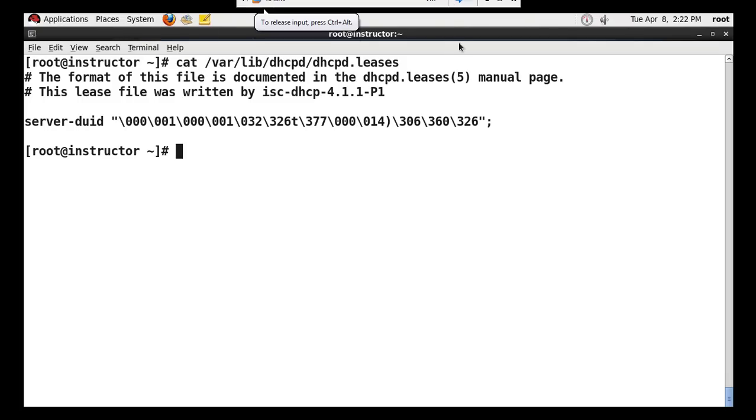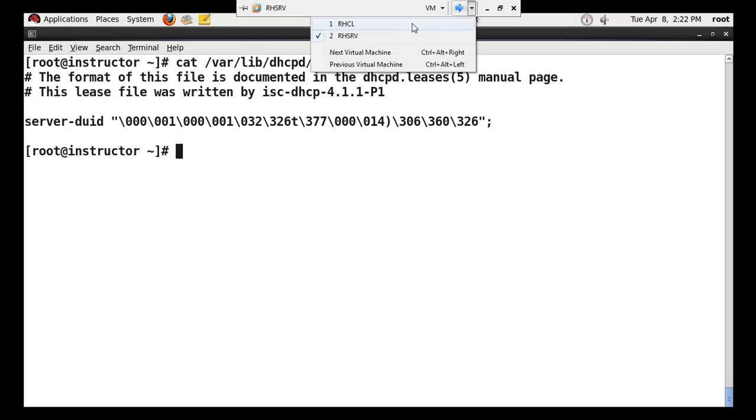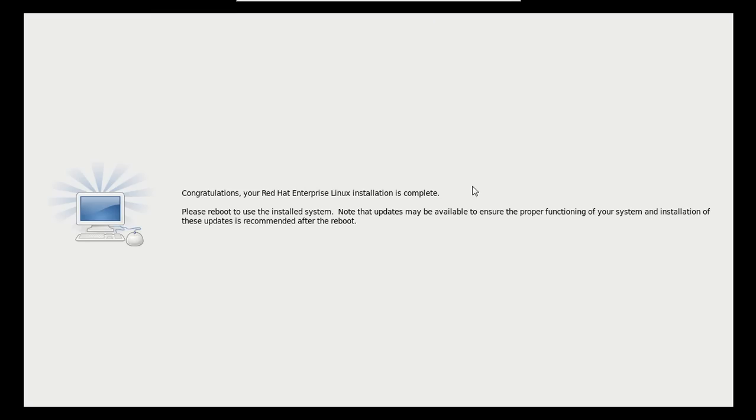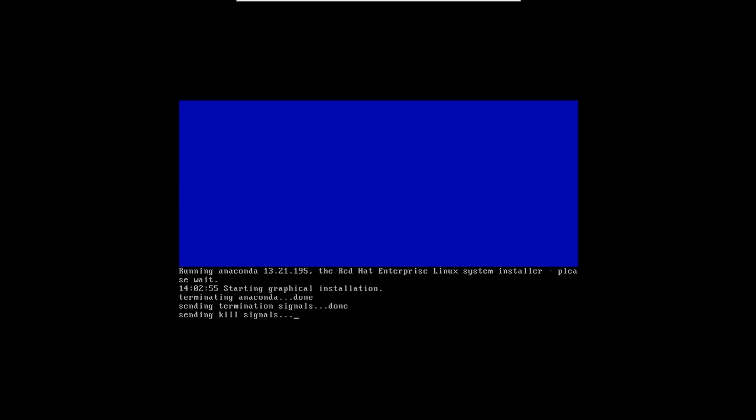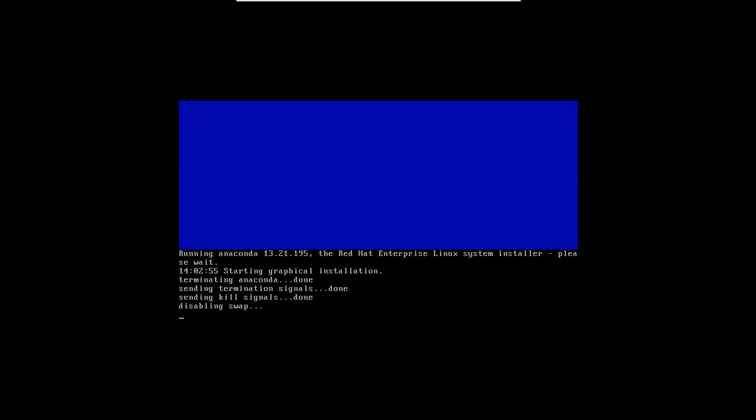So we need to switch to the client computer. I am going to my client computer, and it is just installed, so we need to reboot the system. See, the system is rebooting, and this will take some time.